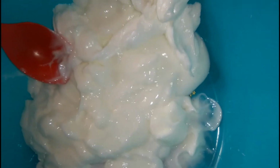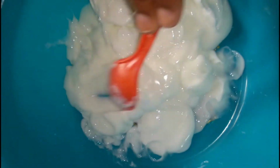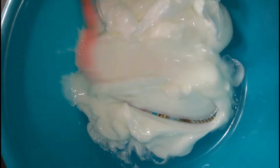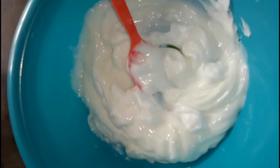So guys, this is what it looks like, and I realized that the face cream is quite thick. This is what the face cream looks like, thick and white, while the lotion is quite watery. This is the consistency, and it's quite milky. So I'll just be mixing everything together. Yeah, then now I'll be adding